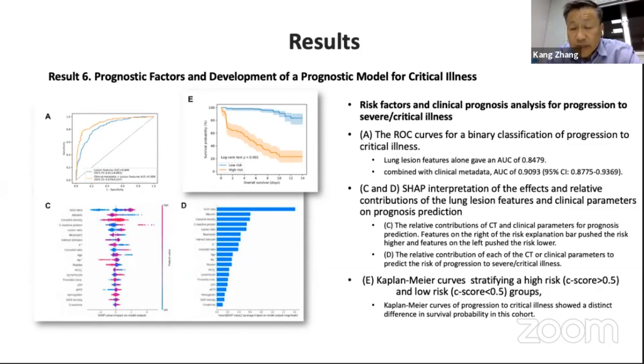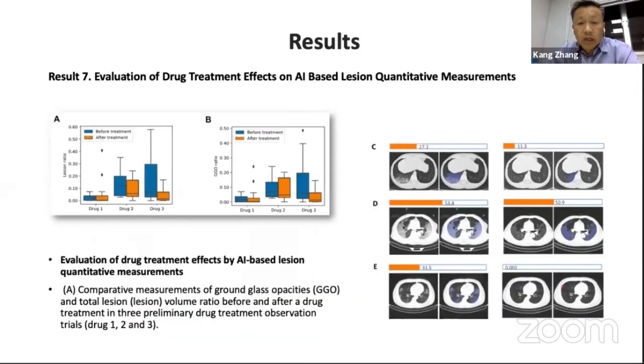Because once we get to the ICU admissions, all the data show that there's a 60% mortality, and a lot of things are already irreversible. Another function that we thought the AI can do is the evaluation of drug treatment effects. The CT-based AI system can do a beautiful job in quantifying the lesion size